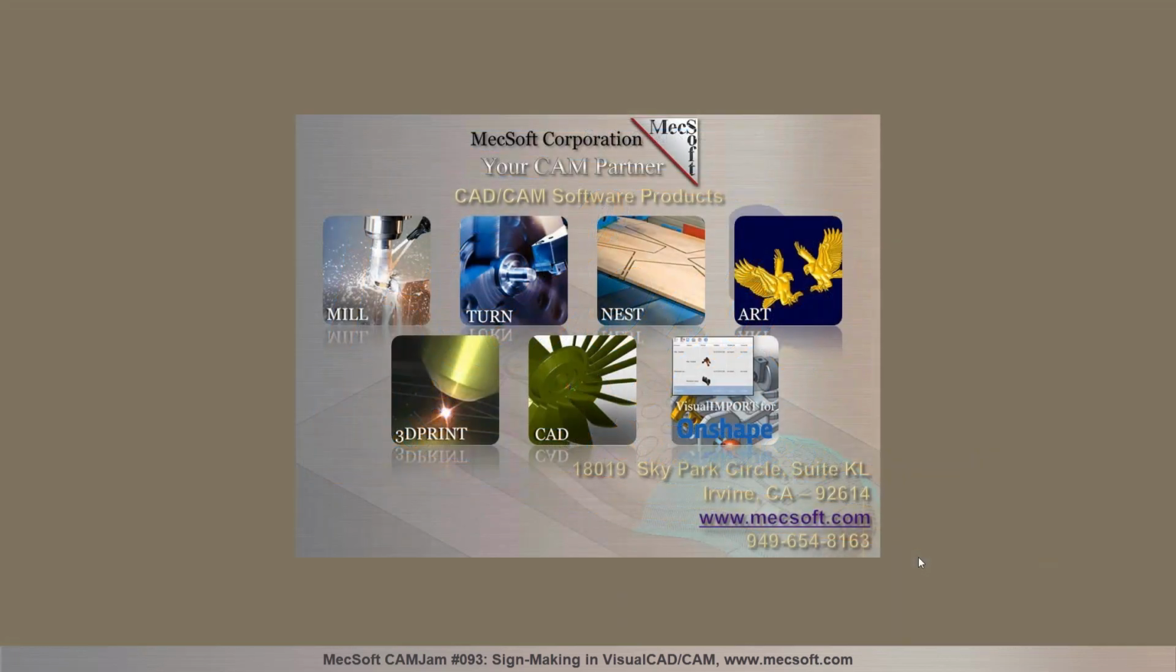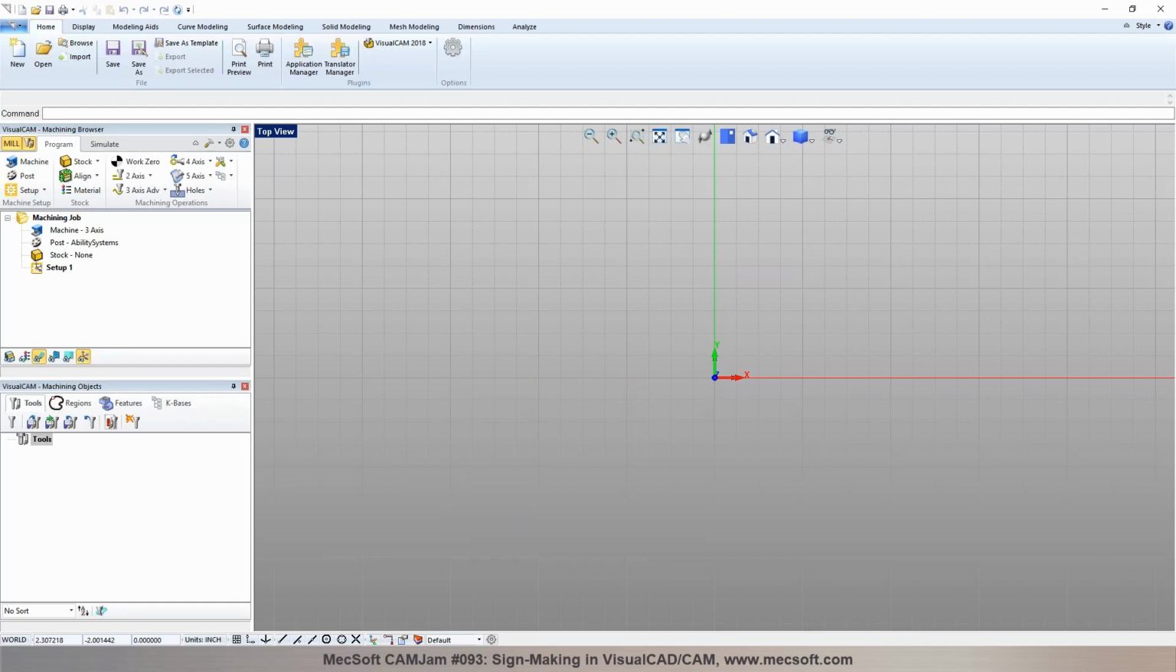VisualCADCAM 2018 is our latest version of our CAM product, and this is our standalone system, our flagship product. We also have plugins in other CAD systems for Rhino, SolidWorks, for Alibre. We also have a cloud-based product called VisualCAM for Onshape. So what you're looking at is our standalone product called VisualCADCAM, so it doesn't depend on any other host CAD